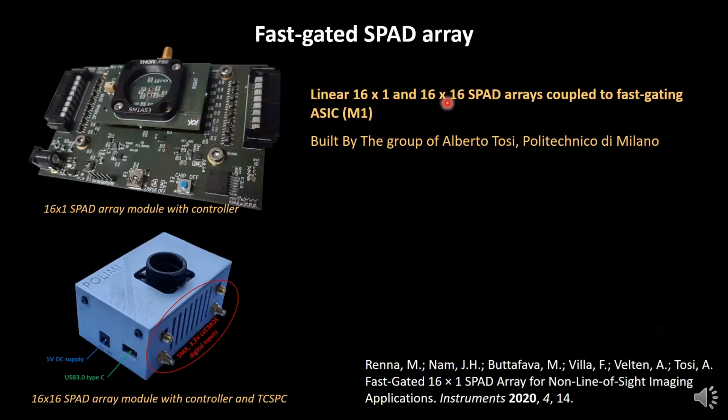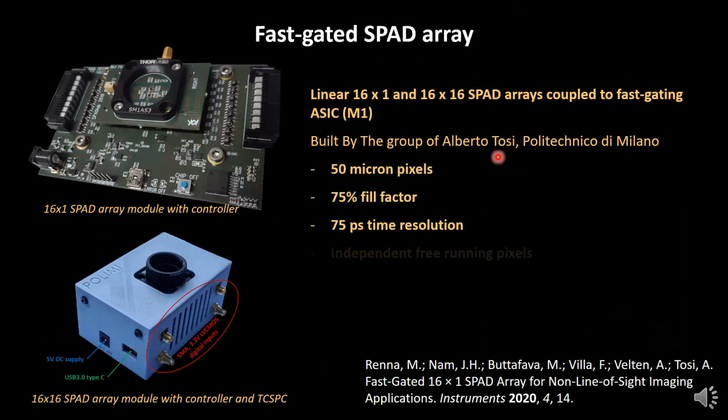So we designed the 16 by 16 pixel SPAD array. We designed a 1 by 16 pixel array and a 16 by 16 SPAD array with this group in Italy. If you want to see these details, maybe we can talk about those a little later. The pixel has 15 micron size, and the results that I'm going to show are captured with 2 of the 16 by 1 pixel arrays. So basically, we swap our single pixel detector with one of these arrays that has 16 pixels. All right, 2 of them.